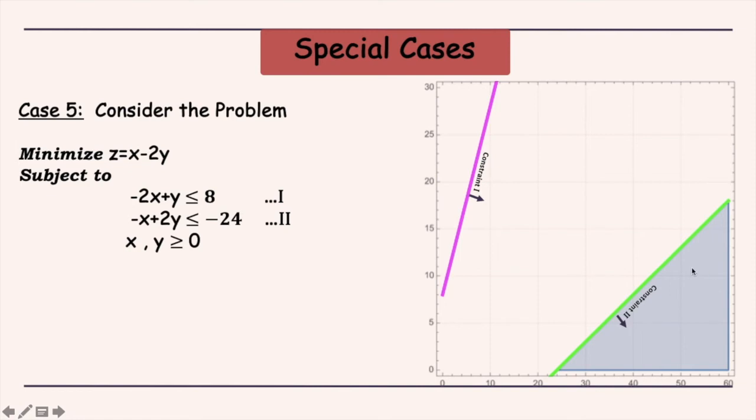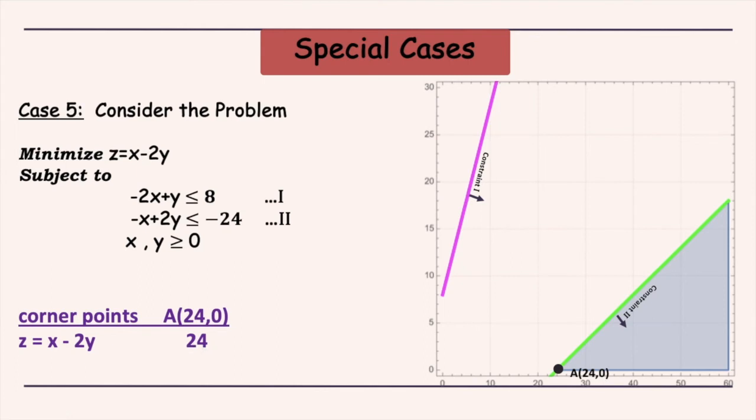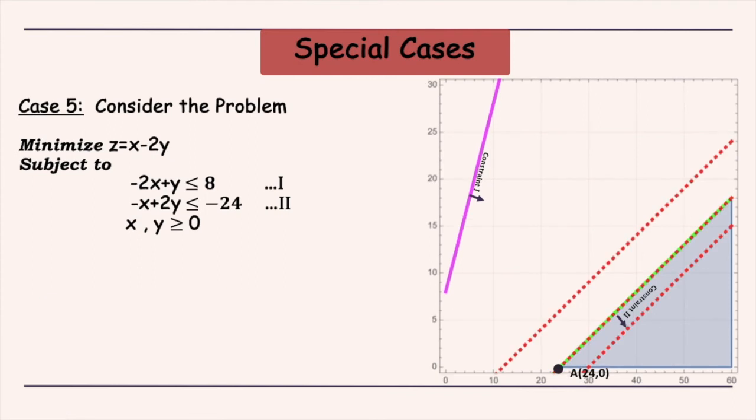Let us now look at the corners. We just have one corner point here whose coordinates are 24, 0. So at this particular corner point, the z value is 24. Now we have to ensure whether this value 24 is the minimum value for z, or can we make z smaller than 24. For that, again we are going to take up 3 different z lines. The first z line corresponds to z equals 30, the second z line corresponds to z equals 24, and the third line corresponds to z equals 12. We notice here that as we move in the northwest direction, the value of z reduces.